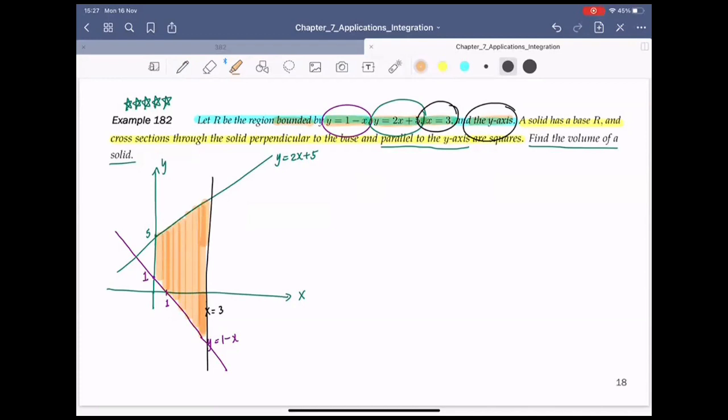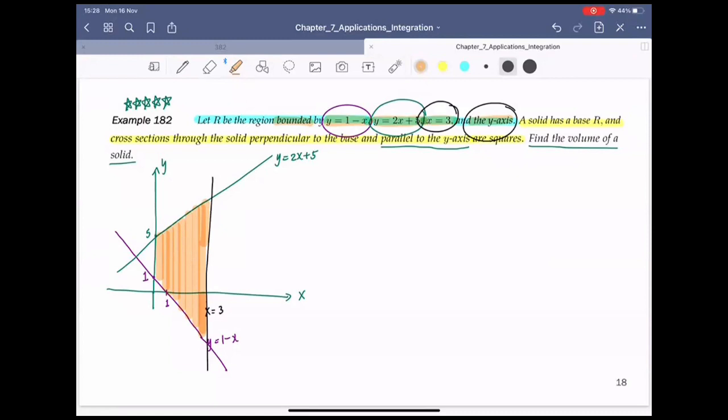Would you agree? Everything here, well, the scale is not proper, but this is everything I have here. The region that I highlight in orange is the one bounded by the line y equals 1 minus x, y equals 2x plus 5, x equals 3, and also the y-axis. If needed, you can find the intersection, but I'm just going to go ahead and find the area of the